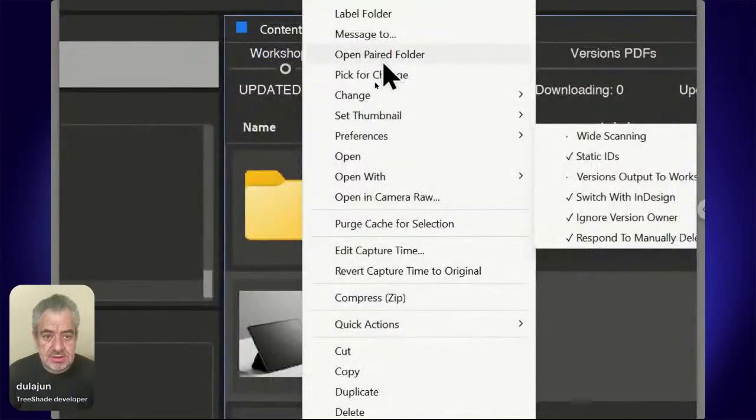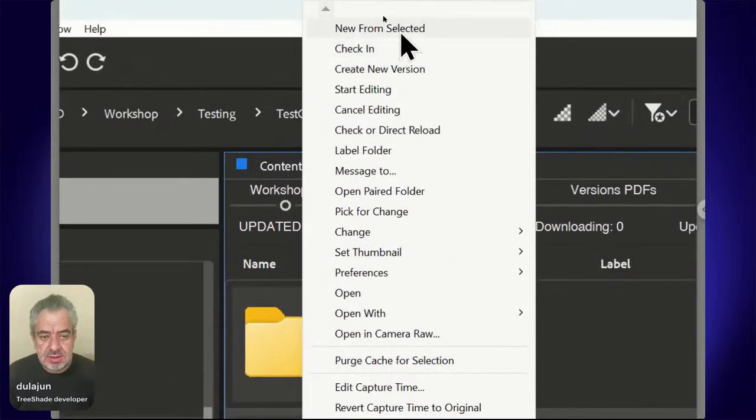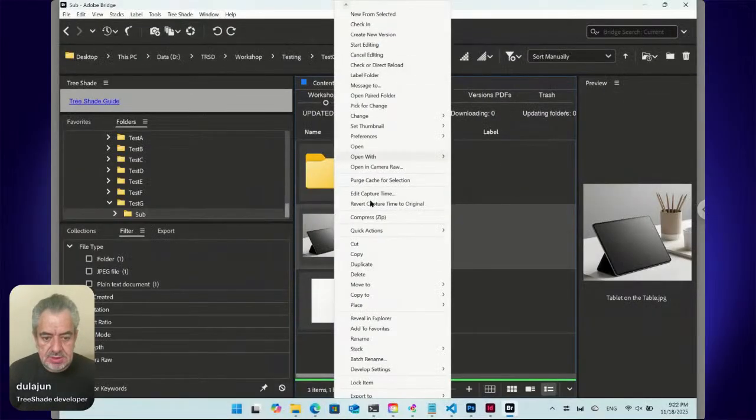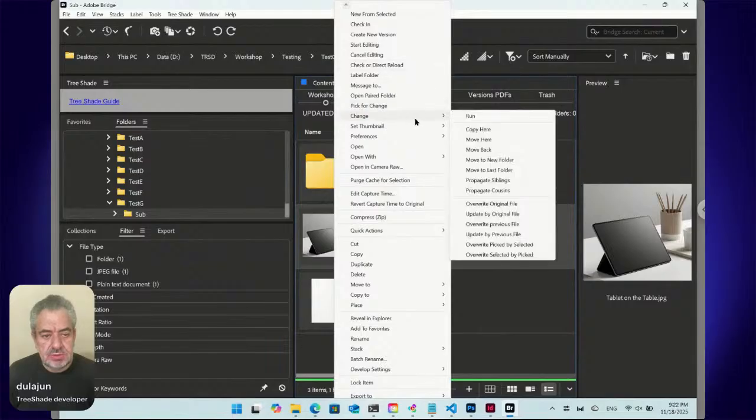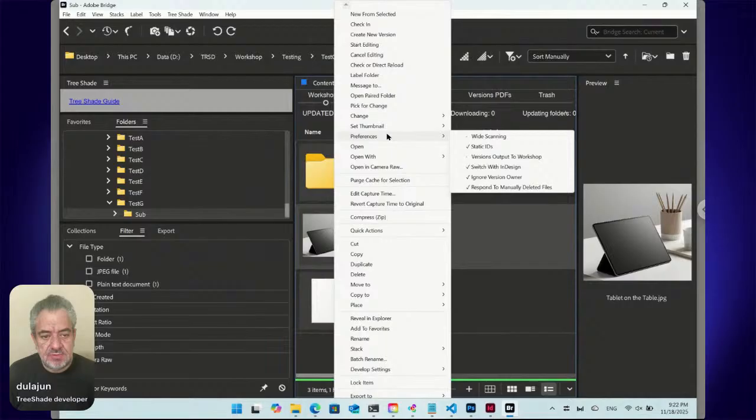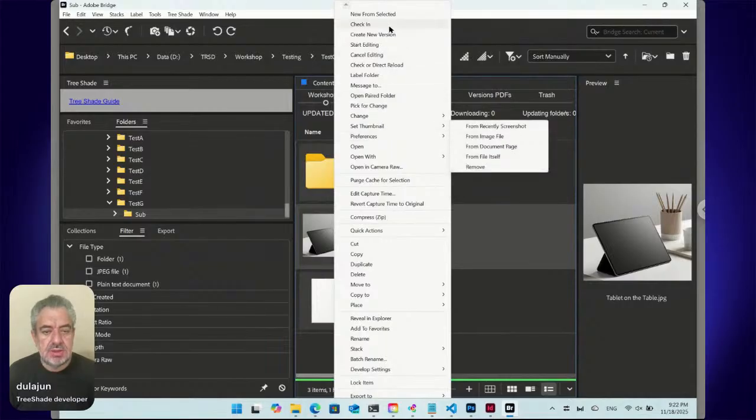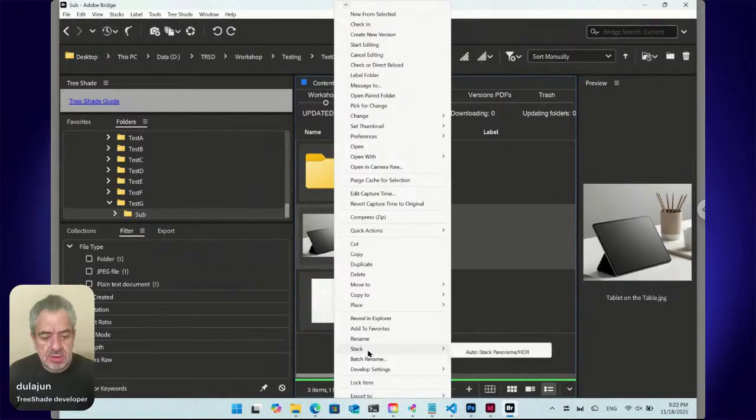From here, preferences to new from selected, this is not installed with TreeShade by default. It's added as a result of installing TreeShade. So because of these commands, many commands here are hidden. Maybe I'll reduce the commands here and make them in groups, like change and preferences, and set something here. So you have a space. Anyway,